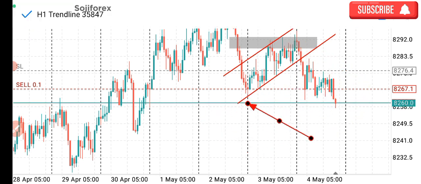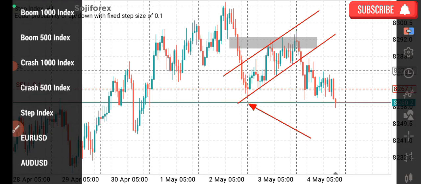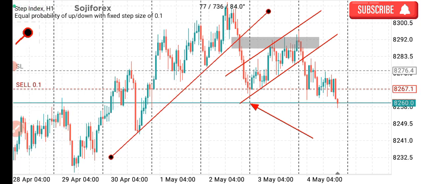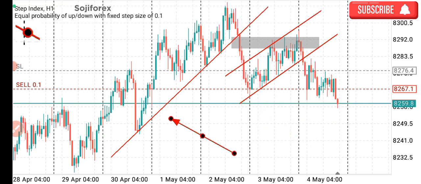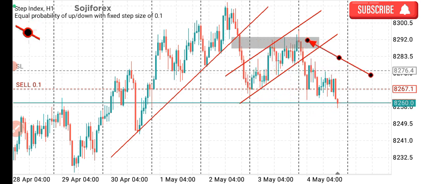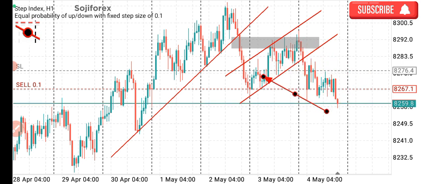For we know that already we have a break of structure. Initially, price has been bullish, and in this bullish market, there's a break of structure. Price pulls back to fill this imbalance, and the movement of price to fill this imbalance gave us this